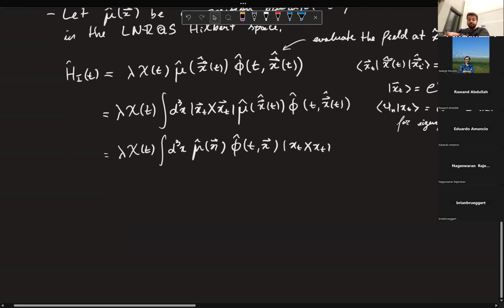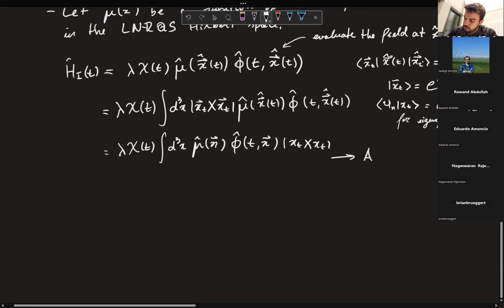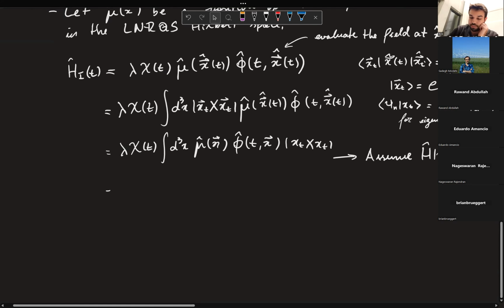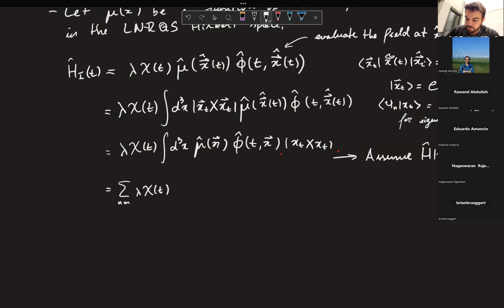But now, I will assume that this H has these discrete energy levels, and that they span the whole Hilbert space. And if they span the whole Hilbert space, now I have a basis of these, and I can add two identities, an identity here and an identity here for these psi. And what's going to happen is that I'm going to get a sum over n and m, lambda QFT,